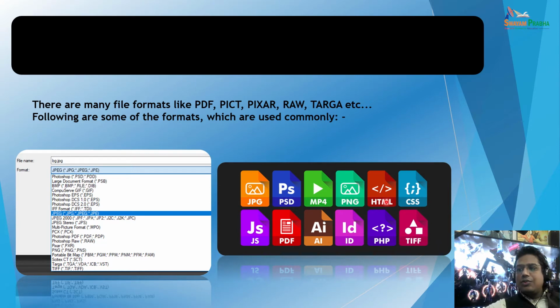Here are a few new file formats: HTML, CSS, JavaScript, InDesign, PHP. PHP, CSS, JS, all these file formats we use when we design and develop a website. At that time these formats are available, right? One more is MP4. For example, if you are converting your data into a video file format, at that time MP4 and AVI are the most commonly used file formats for video saving, right? That can easily be played on any other devices, right?